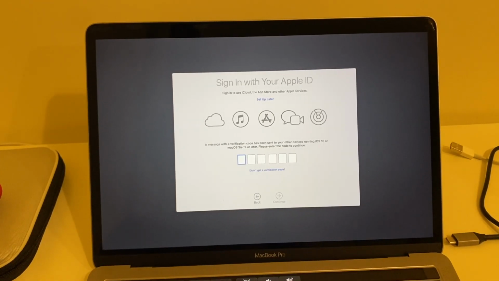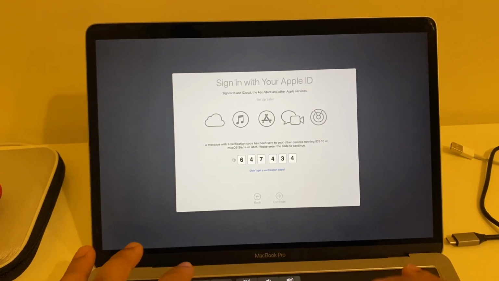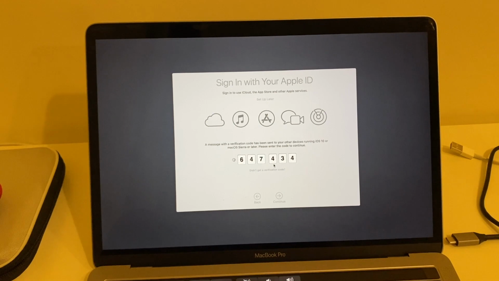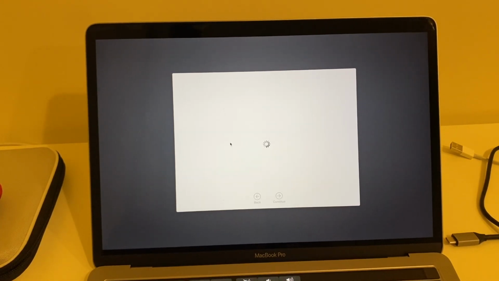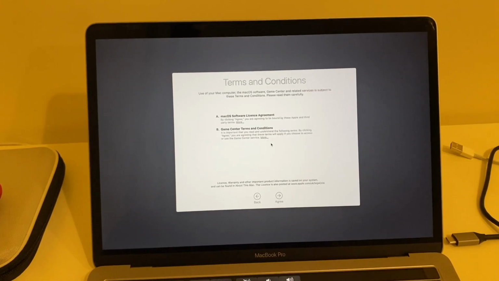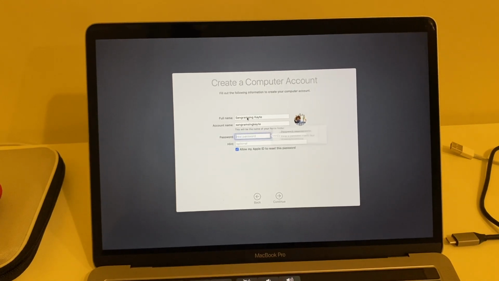Authentication comes to my mobile number where I am using this Apple ID. So a verification code is displayed here. Those IDs are connected to iMessage, FaceTime and the rest of the applications. Terms and conditions, agree. Yeah, I agree. Now here your computer name comes up, so you can change the computer name accordingly. This computer name is so big, so I just type a small one here. Add your password here. The account is created.